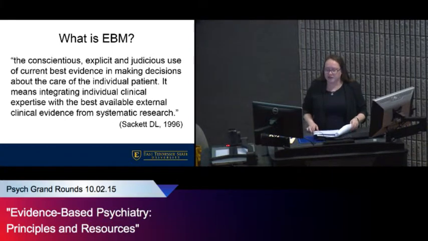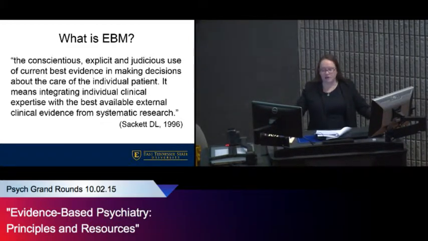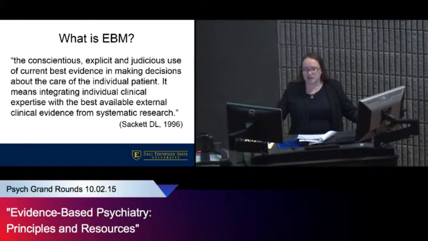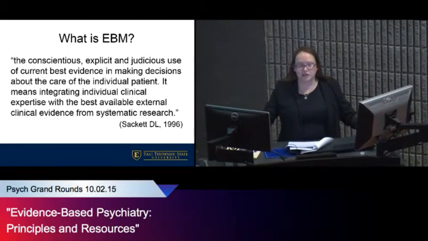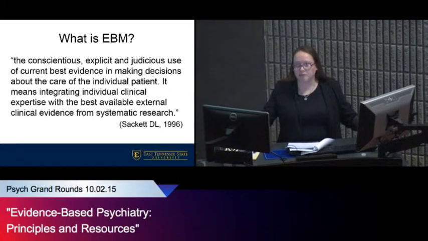Okay. So the official and kind of standard definition of evidence-based medicine is what you see on the screen. Conscientious and explicit use of the current best evidence in making decisions about the care of individual patients. So that doesn't mean that it's cookbook medicine. It doesn't mean that one size fits all. It means that using your clinical judgment and using what you know about the patient and the patient's preferences, their values, what care they're willing to accept, you combine those factors with what you see from the medical evidence